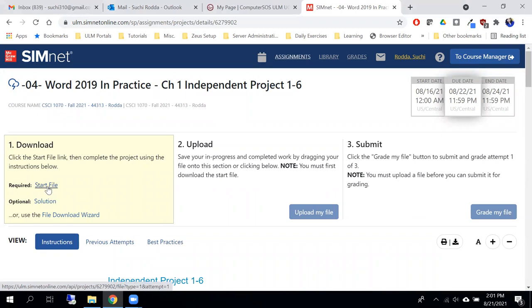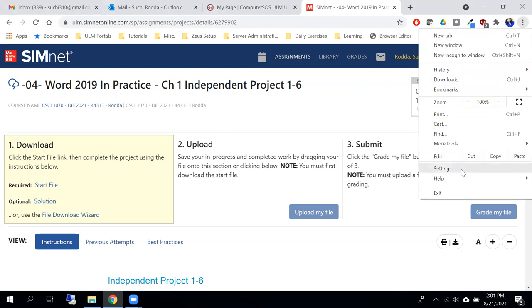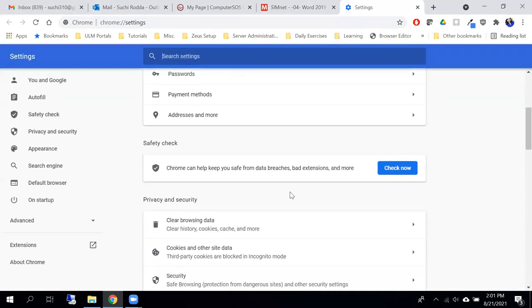When I click on it, it's going to start to download the file. And most of us have a default setting that when you try to download a file from the Chrome browser, it's going to download it to your downloads folder. What if I don't want to do that and I want to choose where I want to download? So first, let me go ahead and change my Chrome settings by going to settings, scroll down